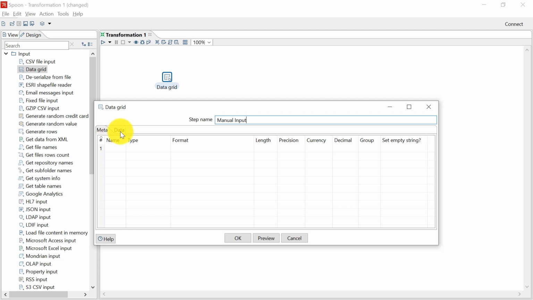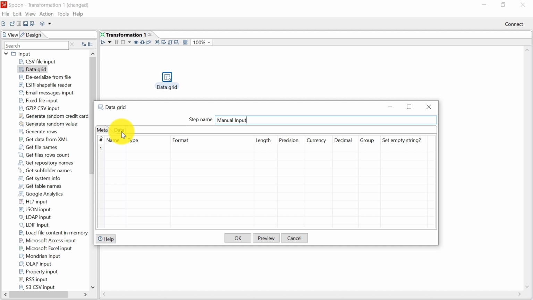Now below that you can see there are two tabs. One is named Meta and the other is Data. The Meta tab contains the metadata of a dataset. Metadata tells us about the structure of the data, which includes the name of all the fields or variables and information related to those fields.